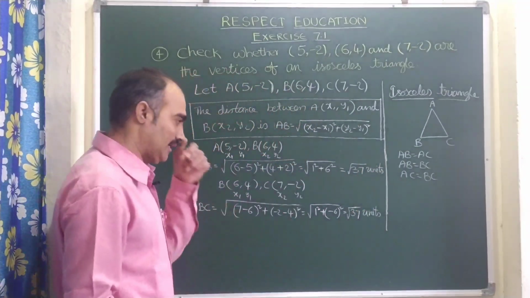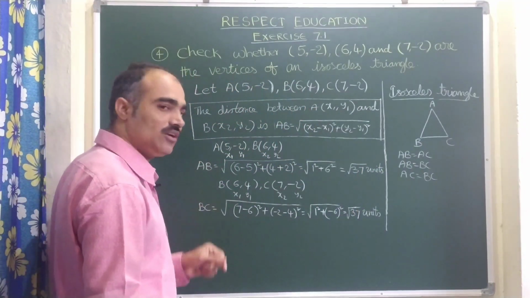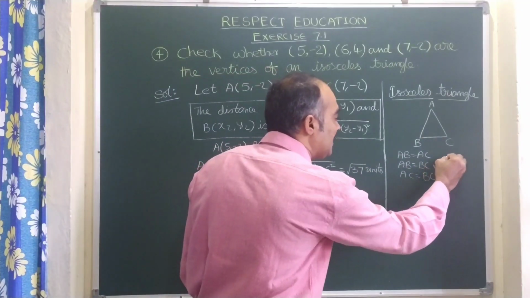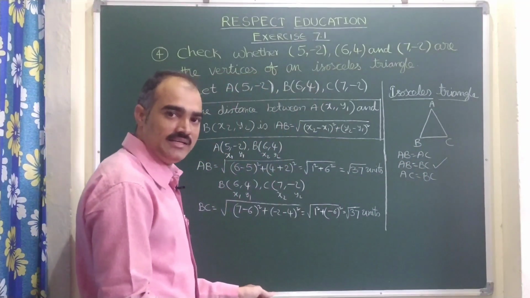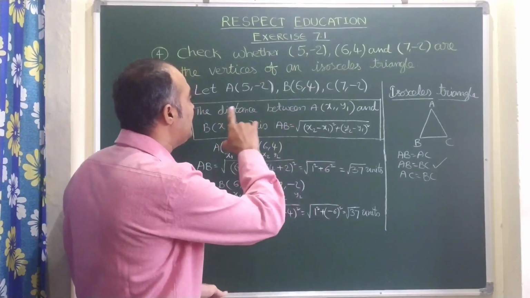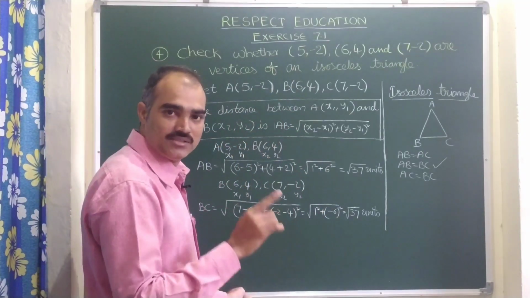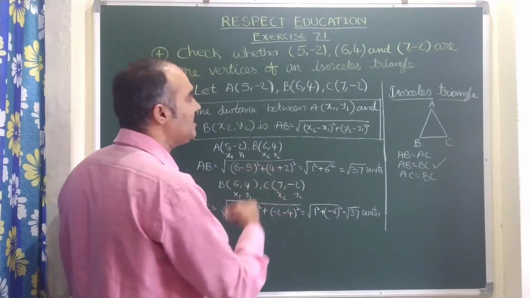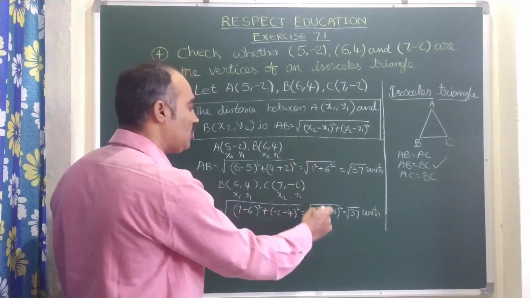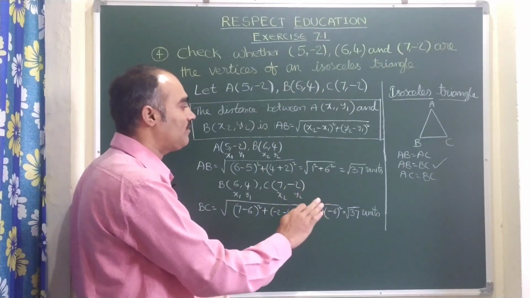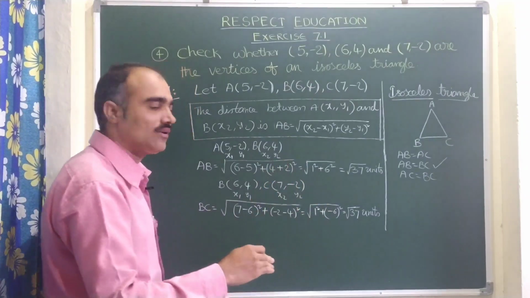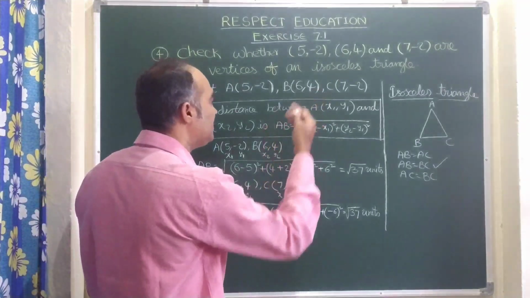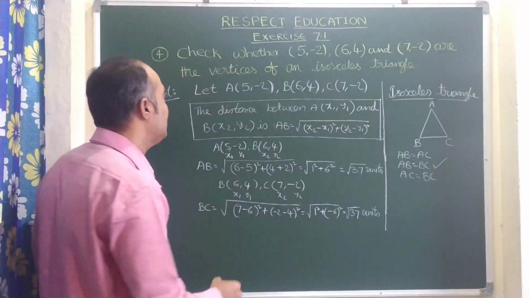See here, clearly we got AB is equal to BC. The second condition gets satisfied, right? So we can write these 3 points form an isosceles triangle. Before concluding, let us check AC also. Actually we can stop this problem here, but for our further information, let us find AC also. It will be kind of practice for us.